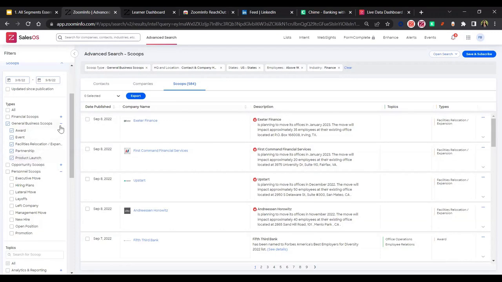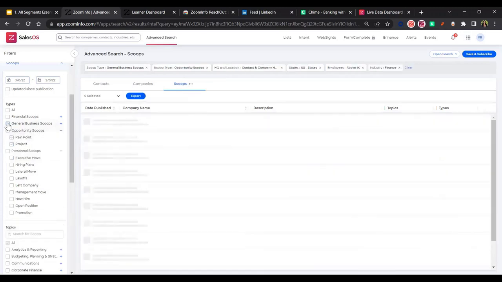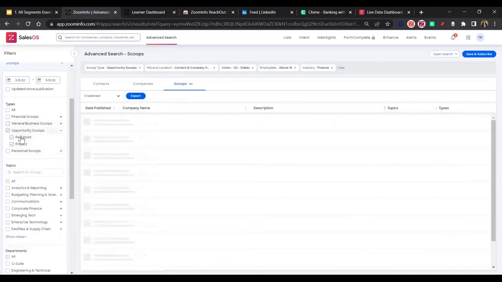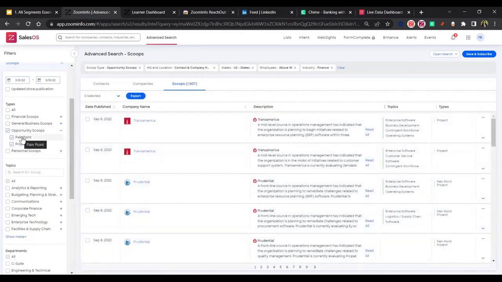Now, my favorite feature is actually going to be opportunity scoops. So I'm going to open that back up and close up those other sections. And opportunity scoops are my favorite ones because these are projects and a pain point of a company. When you look over to the description in the middle side of our screen, you'll notice that it says a mid-level source, a frontline source will have high level to even internal, and the departments that these affect and are impacted. Now, with these sources, our 400 researchers that I mentioned earlier are spending 15,000 hours a week